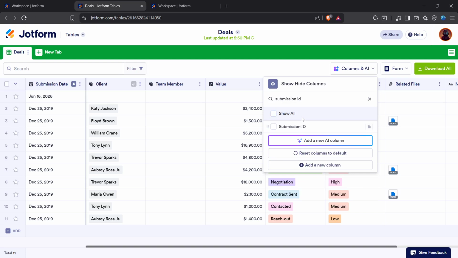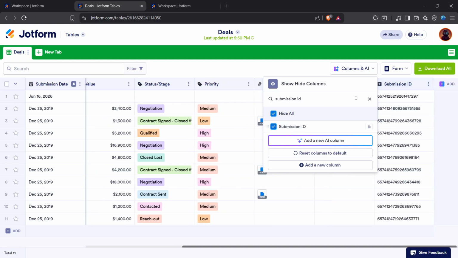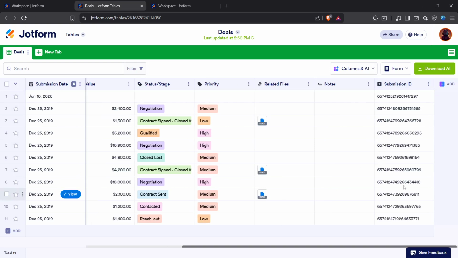When you find submission ID, check the submission ID field to enable it. As soon as it's selected, that column should become visible in your submissions list. You can then view the ID associated with each entry directly in the table. At that point, you've successfully made the submission ID visible, and you can use it whenever you need to reference